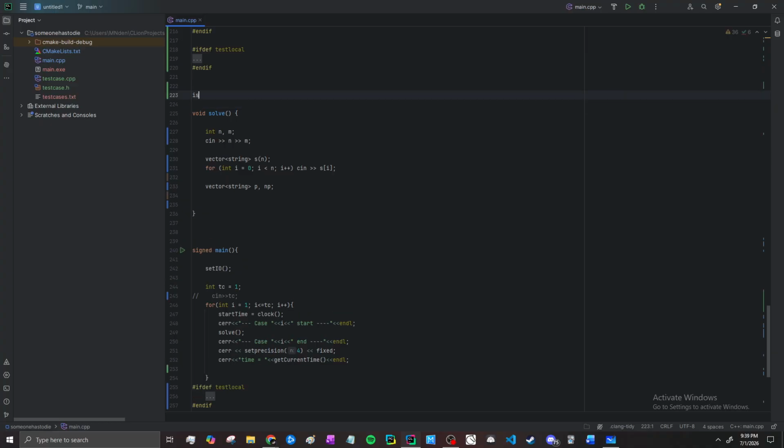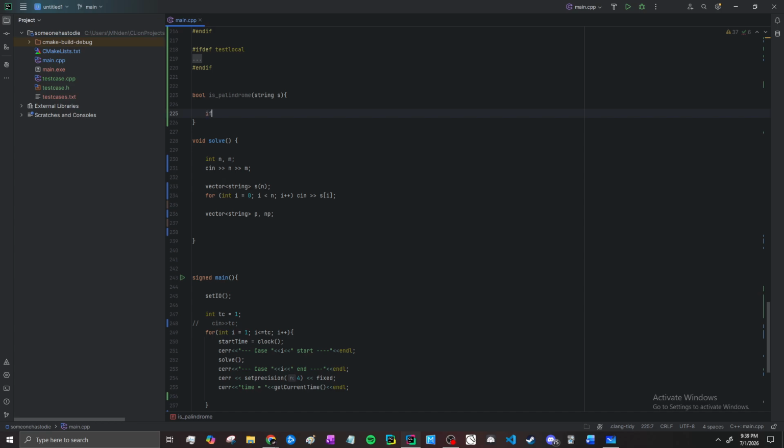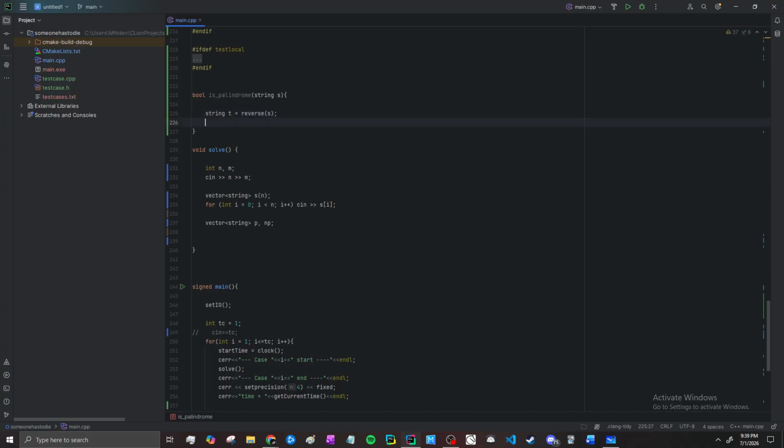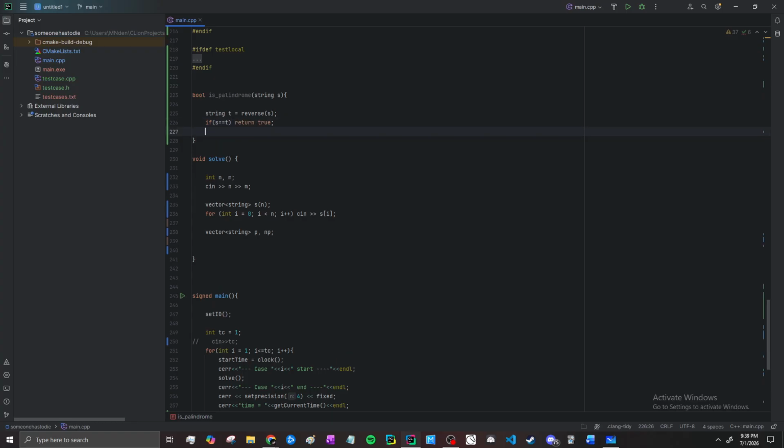So we can say bool is palindrome, then it's a string S, and then if... okay, so now I've got that settled. So just loop through all the